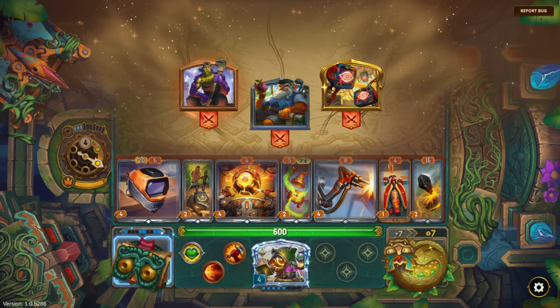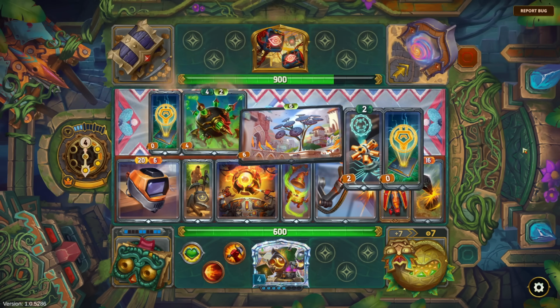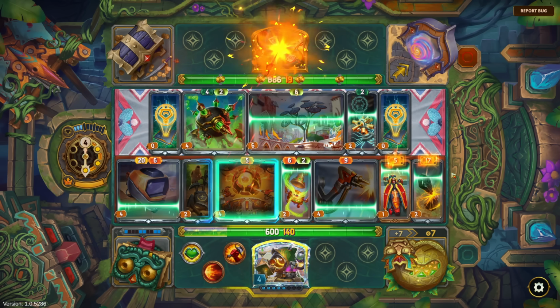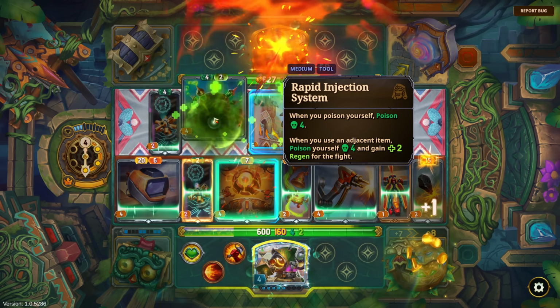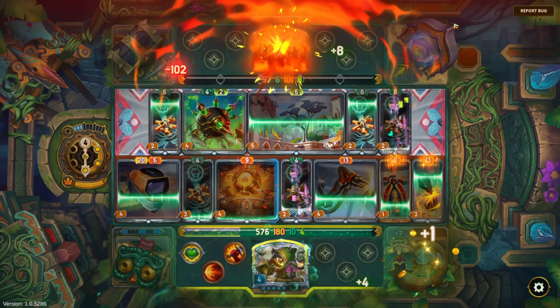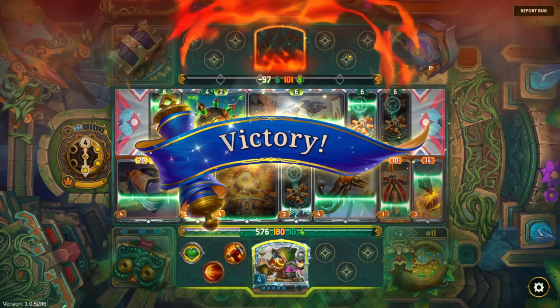I'll consider Hephaestus. Solar Farm. It is tech. I will consider Solar Farm. I also consider doing some shenanigans with the Rapid Injection System and Power Drill, if we got lucky and got that. I don't know if it'll happen. Can we fight again? But that would...